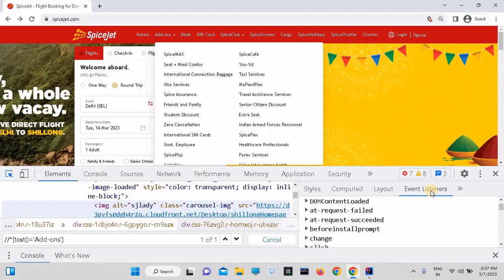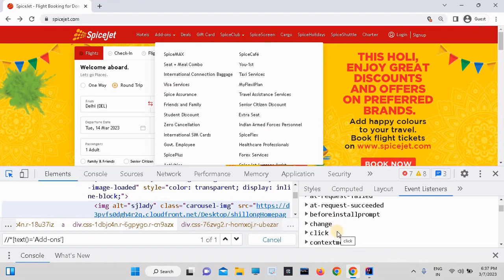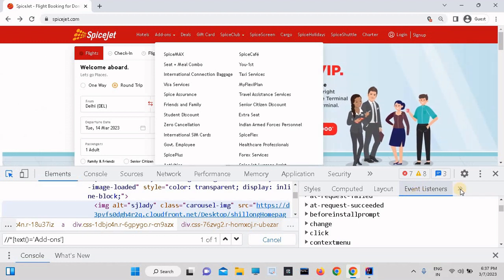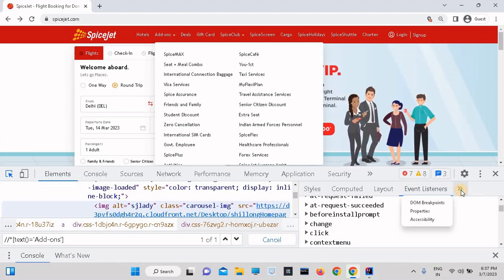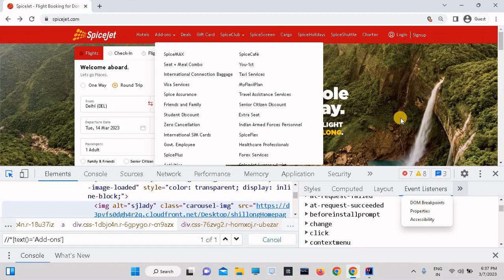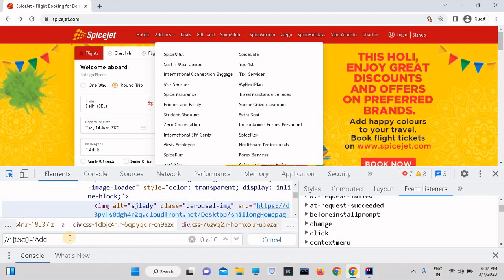So simply click on this event, and in the drop down list there is the blur option, then remove all the elements. If in your web browser this does not appear, simply click on this, and you will get the event listener tab here. Simply add this one. So we have captured this name, and we have to create one XPath for that,